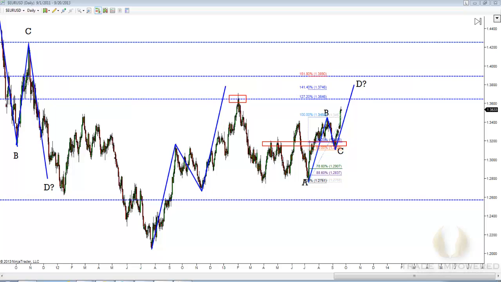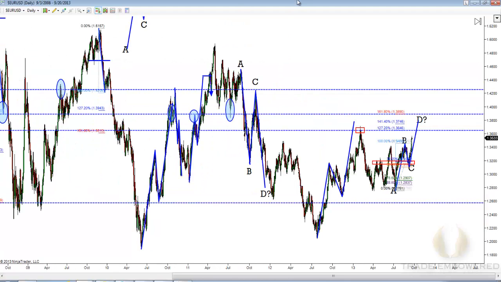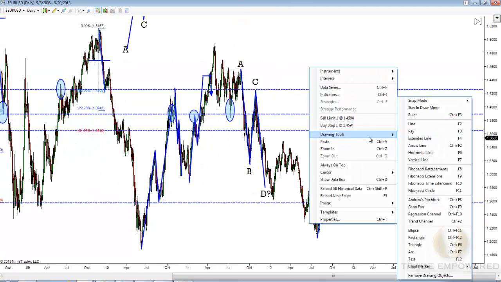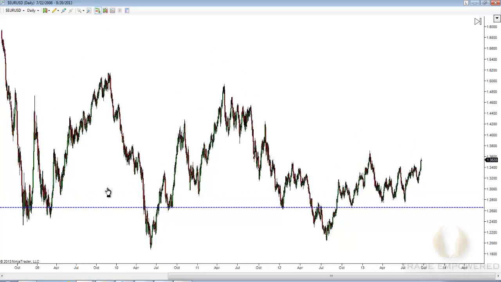Next, you want to see how do these fib levels line up with previous structure. So take your chart, draw it out to that fib level, and then scrunch it up and see how many times in the past does the market hit that zone. If I'm looking at price action right here and I see structure here, how many times does the market hit that zone? Well, I see it once, twice, 3 times,